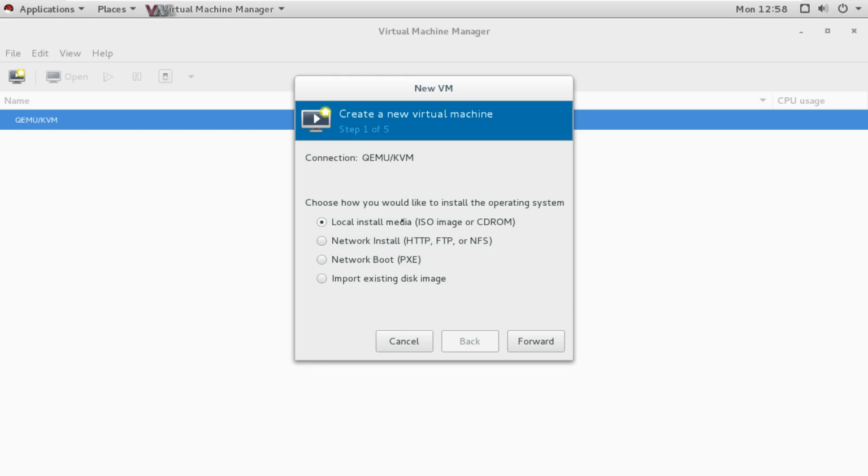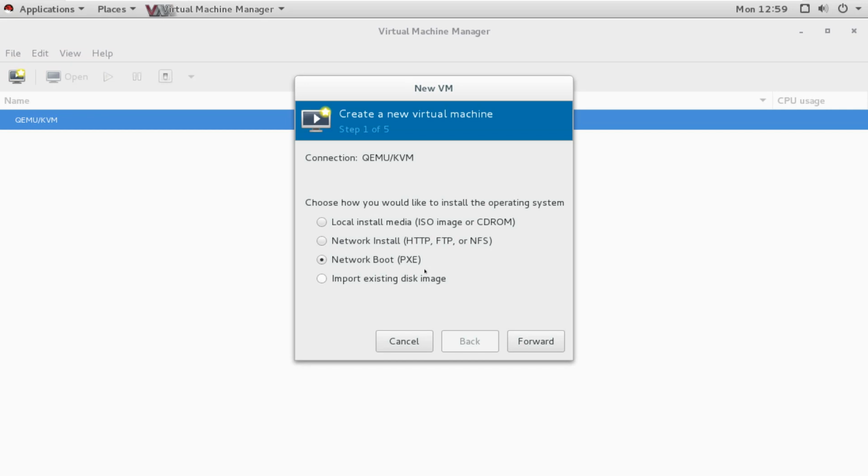Or if you have an ISO image of any operating system, you can use it from there. Or you can install it from the network, from an HTTP, FTP or NFS server. Or you can use PXE boot. PXE boot is a boot environment where you can create a server and boot your virtual machine from there and install your machine from there.